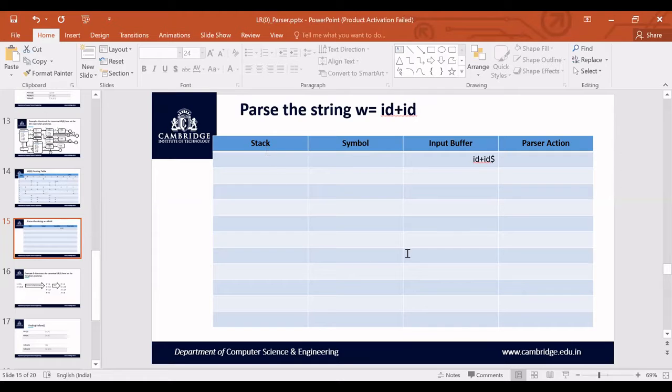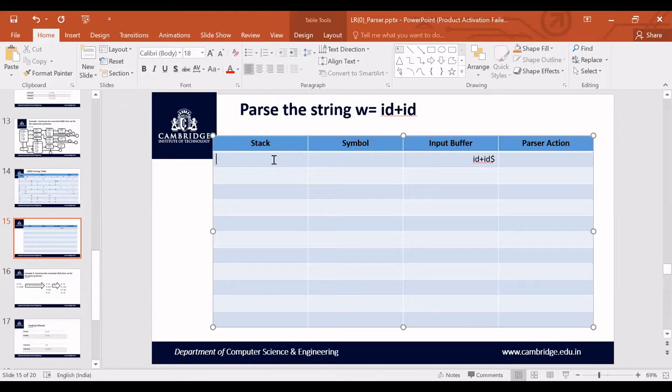So the stack is used for pushing the states, and the symbol column here, in this LR0 parsing, you are not taking the symbol from the input buffer and pushing it onto the stack as you have done in the general shift reduce parser, but you are storing it in a location called the symbol. Only states are shifted and reduced on the stack, the input buffer is for storing the input string, and the parser action is to mention whether you are shifting or reducing, or whether the parser is generating an error, or the parser is accepting the string. Fine. So we'll start with the parsing operation.